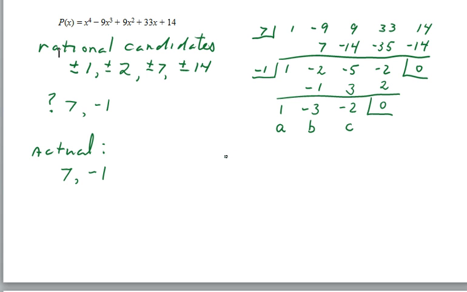So looking for the zeros of that quadratic function, we'd get the opposite of b, which is 3, plus or minus the square root of b squared, which would be 9, minus 4 times a times c, all over 2a,